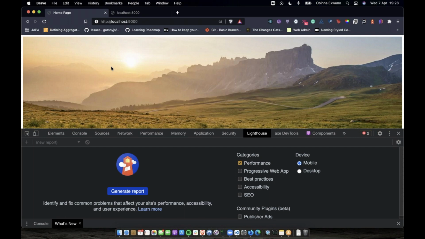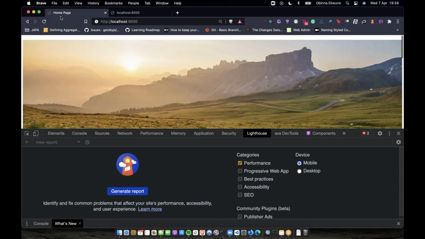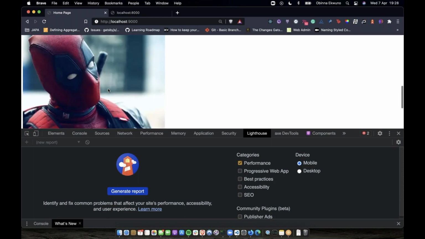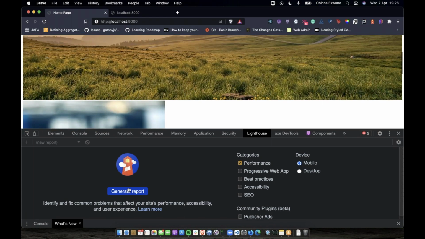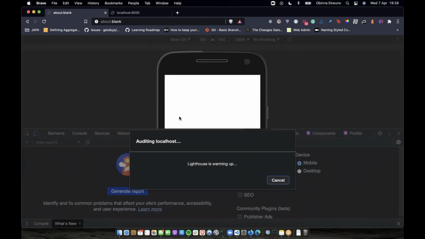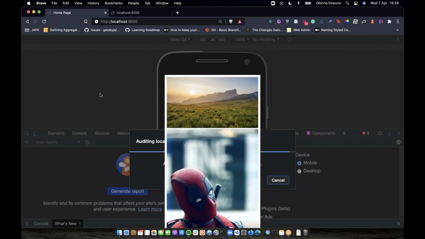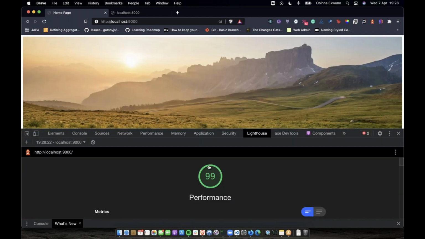And when we refresh, you can see, I don't know if you notice something different, but visually you can't really see much difference, right? But then let's run a Lighthouse to see what's happening. We can see that the same images, just by changing the tag, has given us a performance of 99.